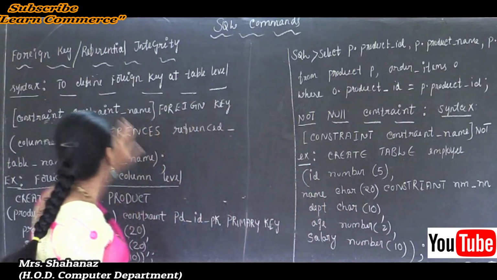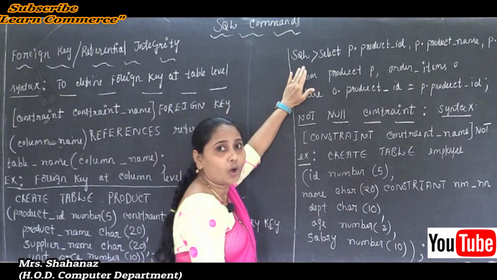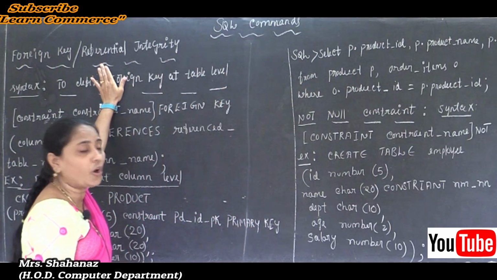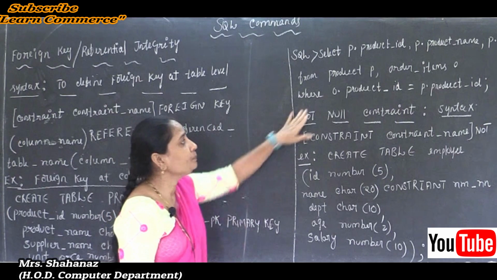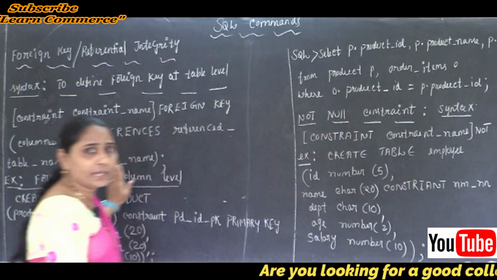So this is the meaning of our foreign key. Clear this point here? Just to make the relationship, establishing the relationship between one table column and another table column. So this is the rule about our foreign key. So the meaning of the foreign key is clear. What about the foreign key in this case here?